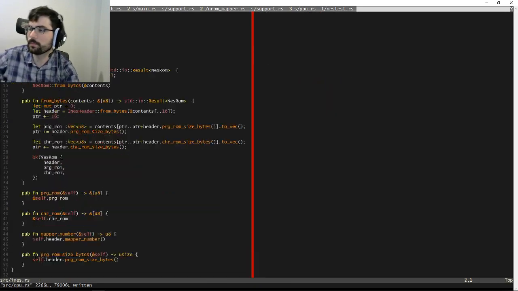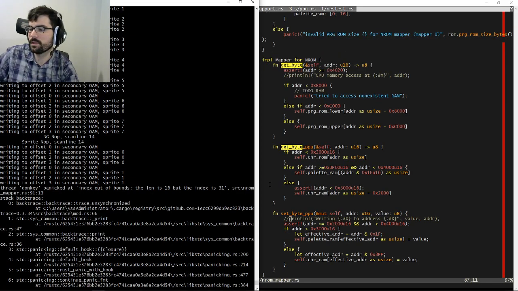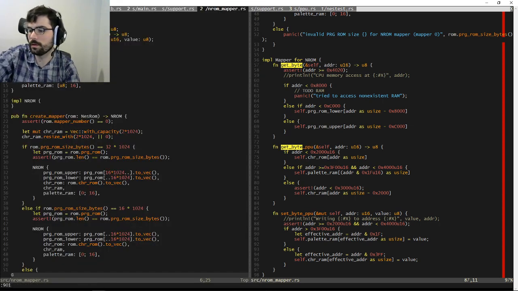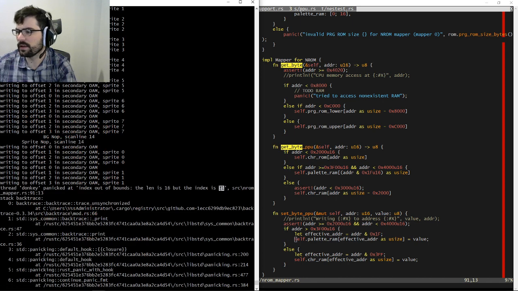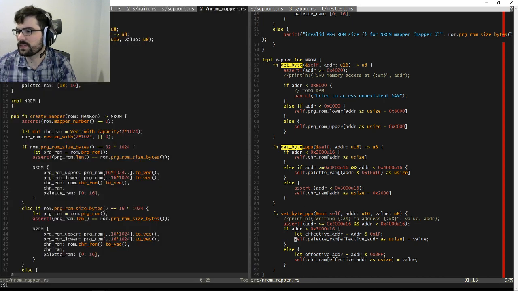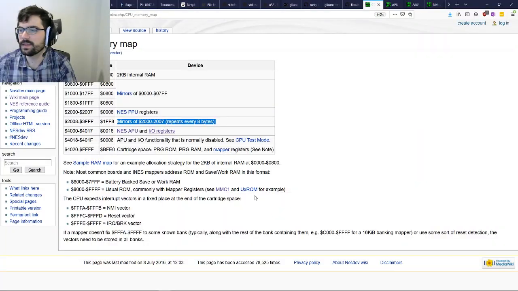Okay. That's line 91. Okay, so we're trying to write to the palette RAM, but at an invalid index because the length is only 16. Is that even right?